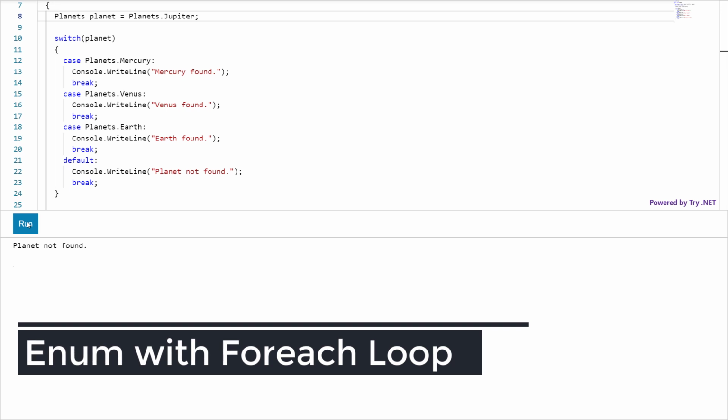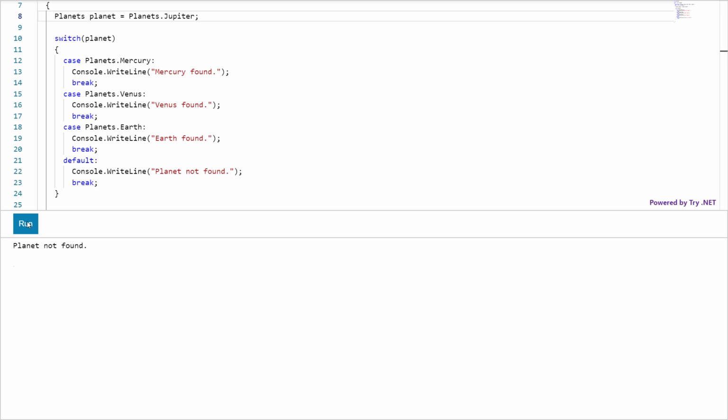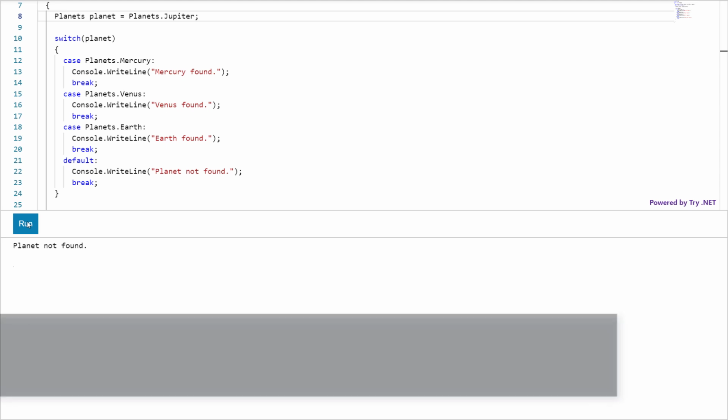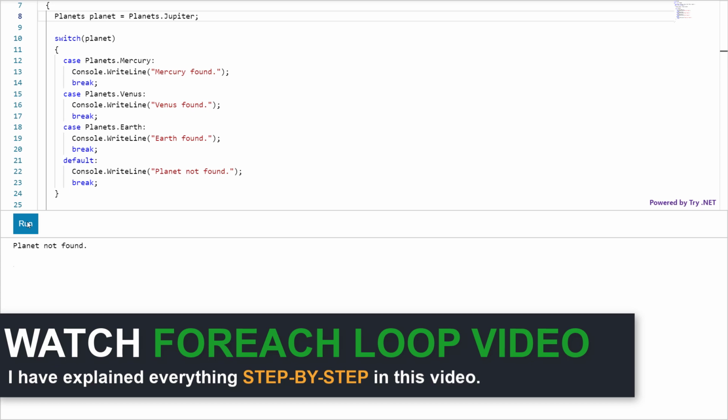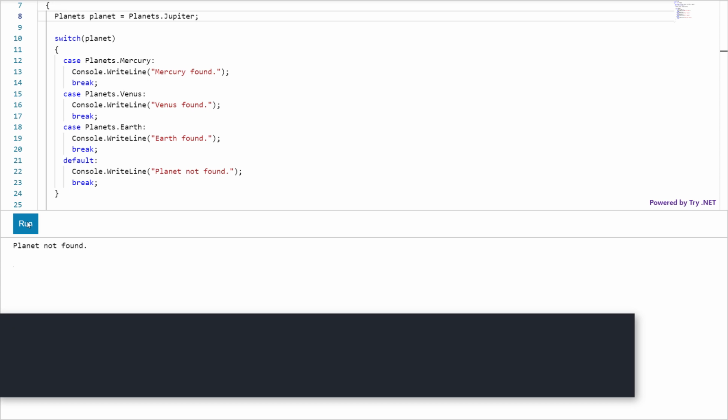If you want to loop through enumeration members, you use the Enum class and its methods. To loop through enumeration members, I will use foreach loop. Actually, foreach loop has a very simple syntax to cycle through all the elements, whether it's an array, enum, or collection.